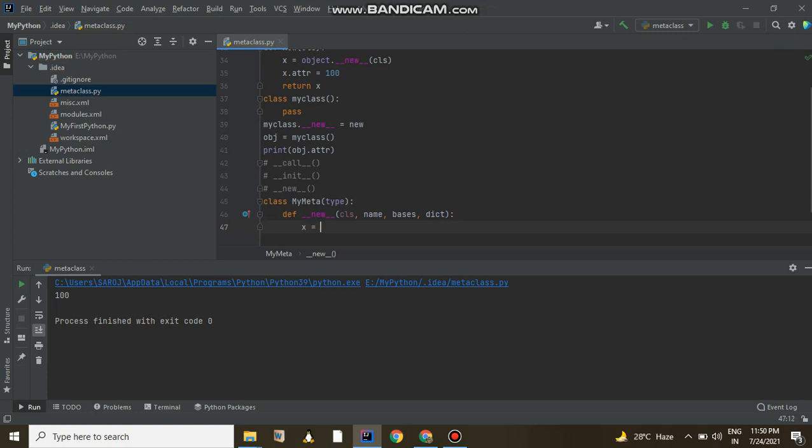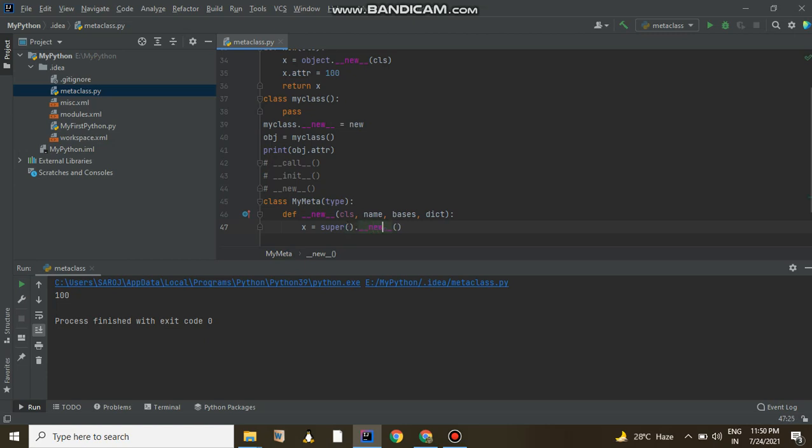So x is equal to super, sorry, not this way. This much is not required actually, this much is sufficient.